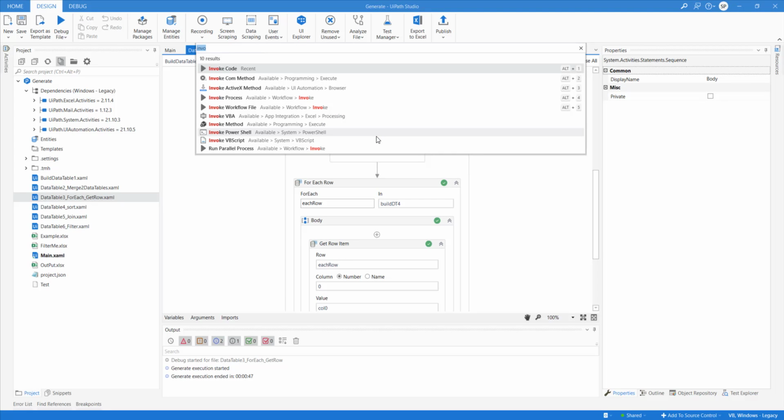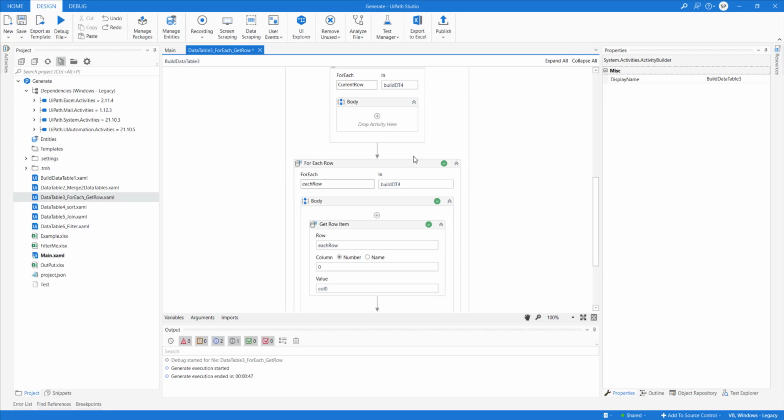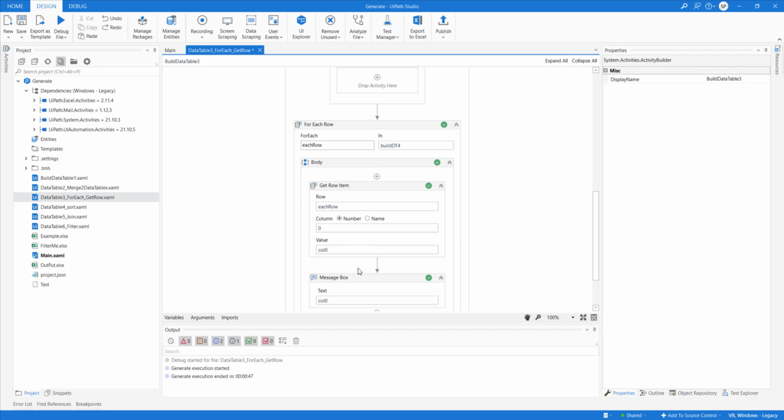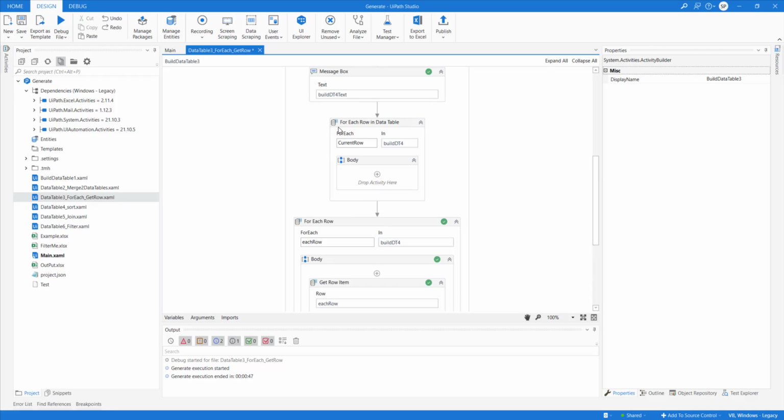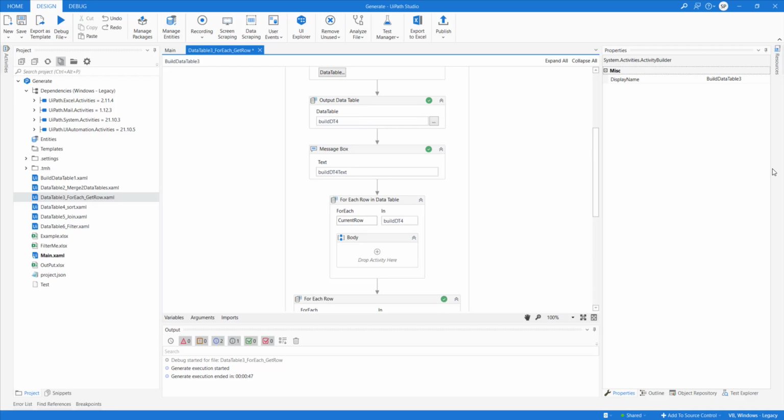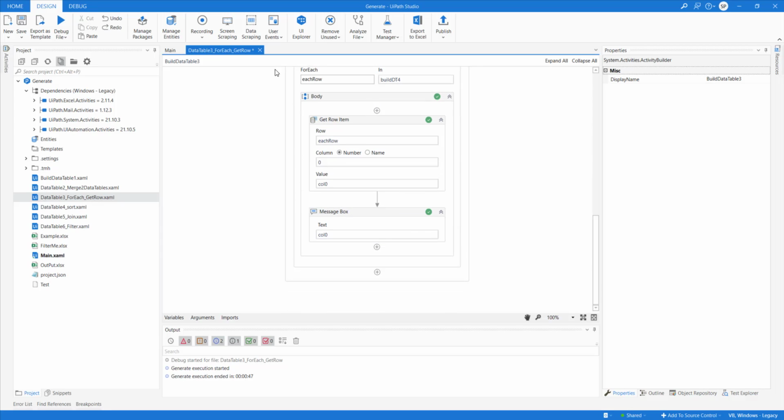In the body, you can perform anything with the current row. You should be able to update the value, copy that value from one data table to another data table, insert into a database, or call an API, or whatever you want to perform for each item, you should be able to do inside this, right?